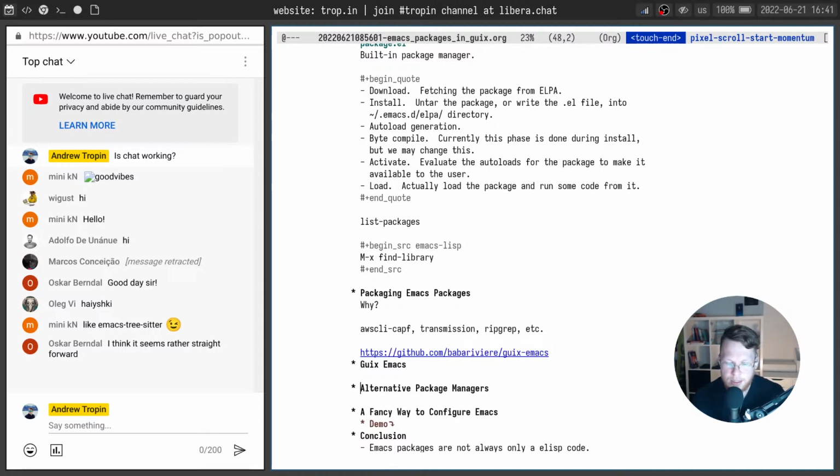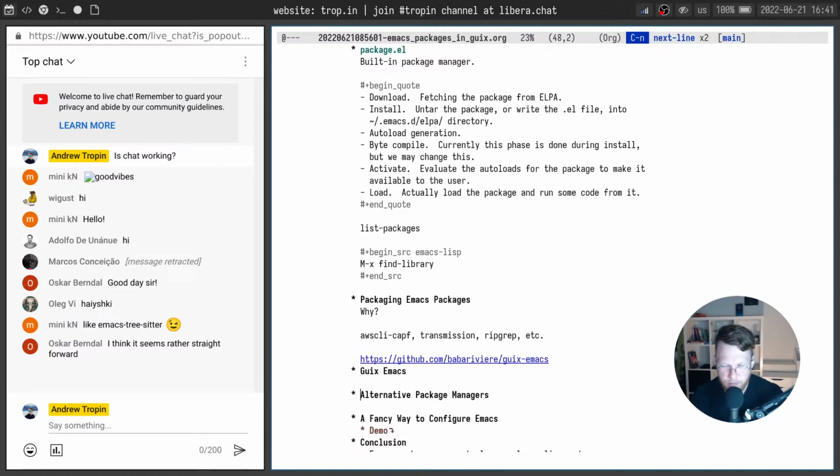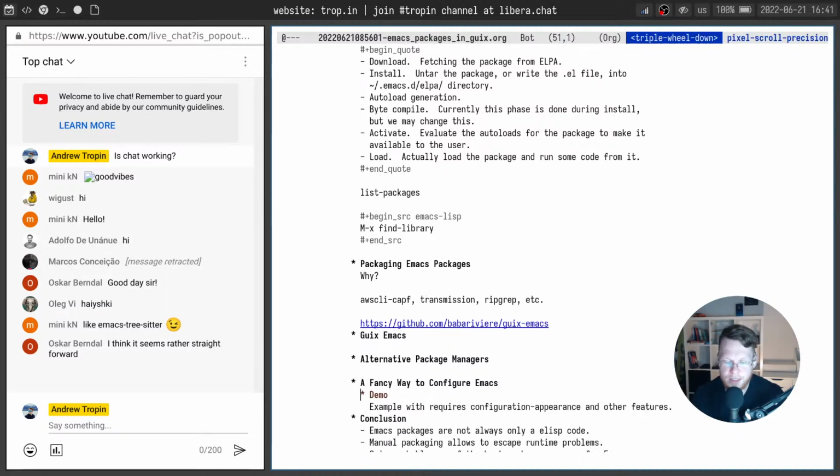Funny, Guix as a package manager for Emacs. So probably I won't be using some alternative package managers, but I don't advise anyone to do the same. Everything here is done by professionals. Don't try it at home. Okay,